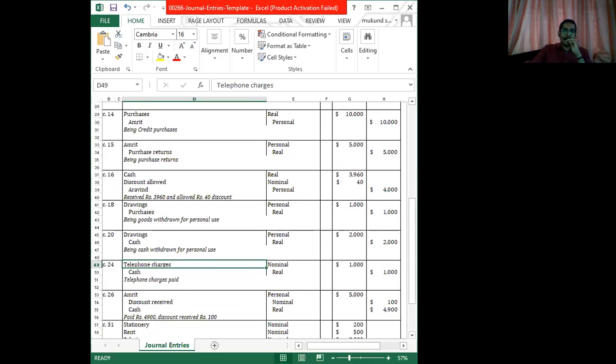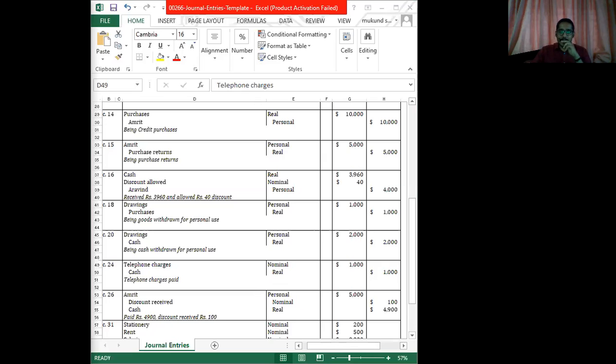Now coming to December 26th, cash paid to Amrit in full settlement of 4,900. Rewind the transaction to December 14. See, purchased goods from Amrit, rupees 10,000, right? And we have returned the goods 5,000 also. After that, what is remaining? Our business is liable to pay Mr. Amrit rupees 5,000. So that 5,000 we are settling at rupees 4,900. That means they have allowed us a discount of rupees 100, right?